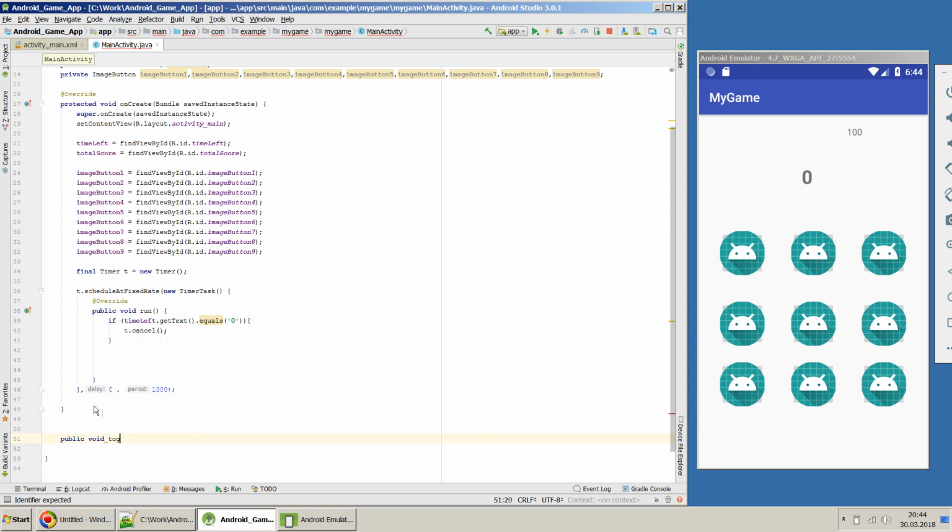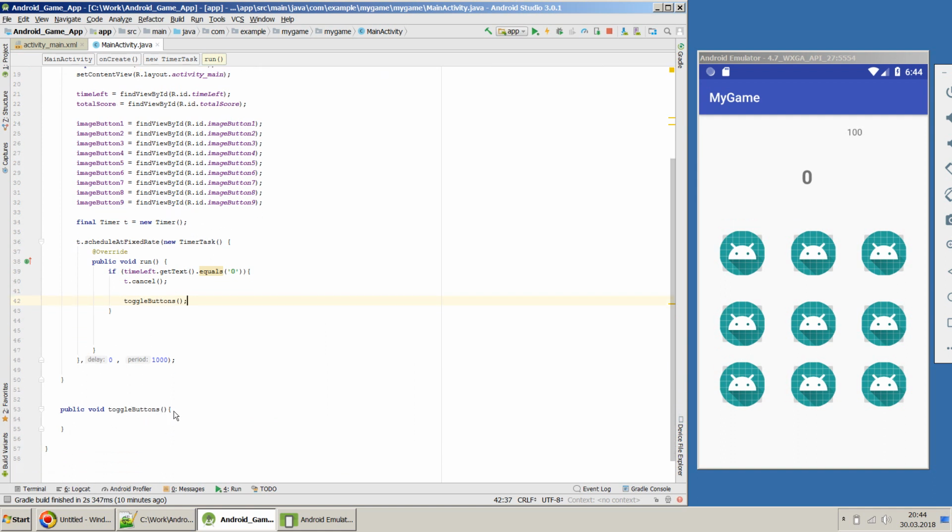and the name of the function could be toggleButtons. And as of now, I don't think I will be passing any argument to this. So once I have this particular method, I have to just call this method from toggleButton. Yes, so this particular method will be called from inside done. But one thing you should note is, since in this toggleButton we'll be playing with the layout, and the UI of this layout will be running in a separate thread, we can't do it directly over here. We have to call that